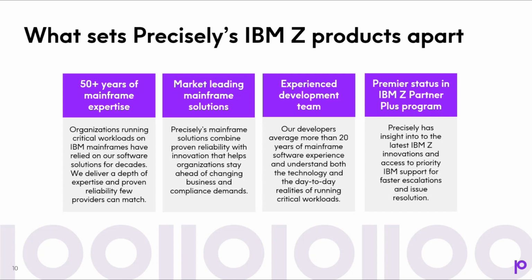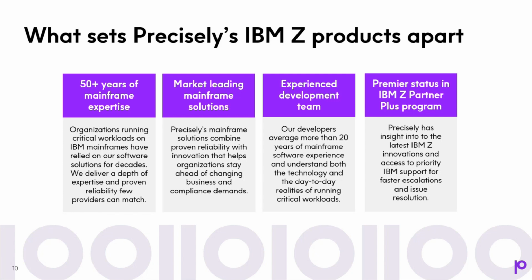It's not theoretical. Third, and this is actually more important than it sounds, our development team has deep hands-on mainframe experience. So they're not just building for the technology, they understand where the problems are. They understand how batch cycles run, how storage issues will show up in production, and what teams actually deal with on a day-to-day basis. And that is why things like no JCL changes or no disruption or quick implementation aren't just nice to have. They're built into how these products work.